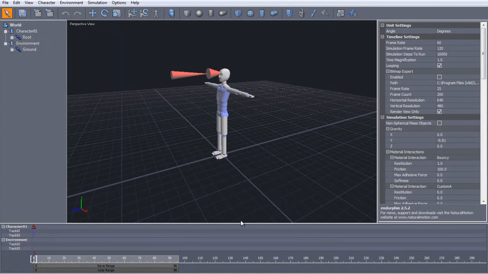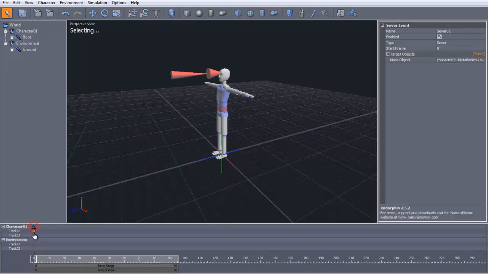Now I'm going to leave that force event on, because you can see what a sever event does much better when you use a force event. A sever event is literally what it means. It severs a body part. As you can see, it's aptly made an axe. Now it's like a, I'm going to say a diamond? It's not really a diamond, is it? It looks more like a rhombus. But anyway, if I select his pelvic area, it's going to separate his legs from his body. So when we hit him,